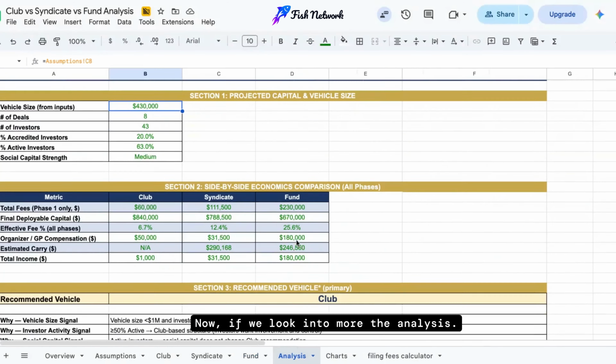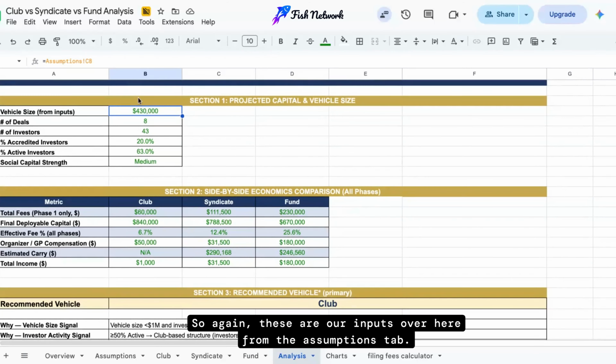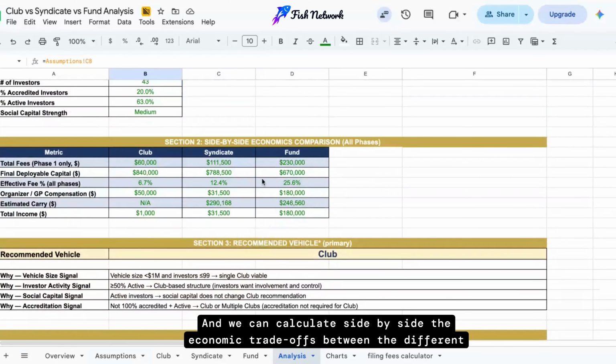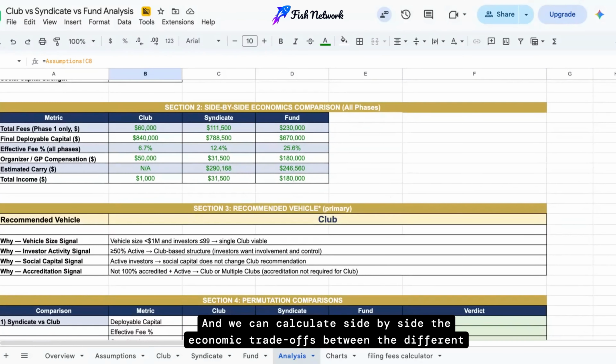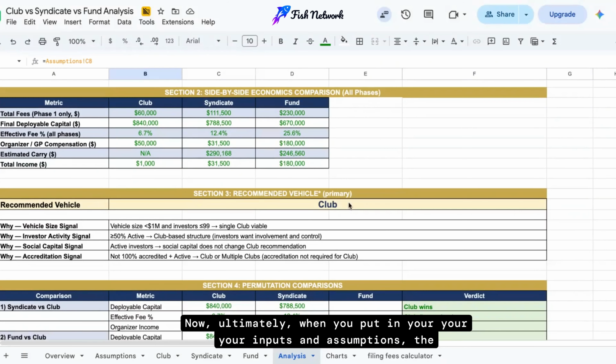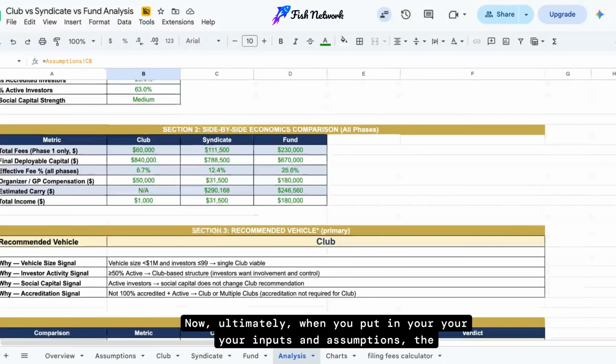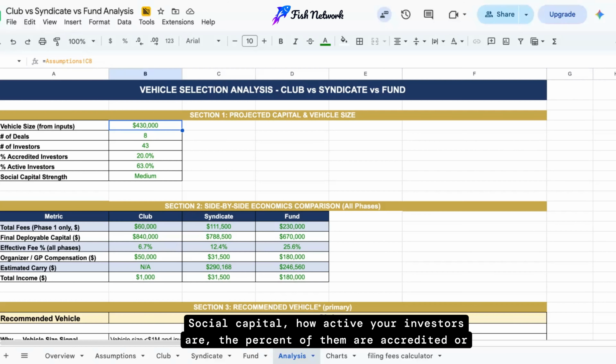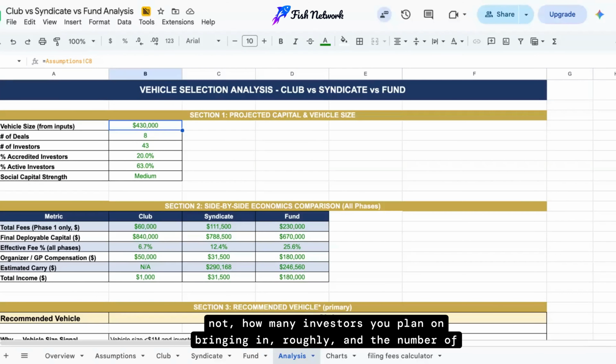Now, if we look into more the analysis, so again, these are our inputs over here from the assumptions tab, and we can calculate side by side the economic trade-offs between the different vehicles. Ultimately, when you put in your inputs and assumptions, the spreadsheet will spit out a recommended vehicle based on your social capital, how active your investors are, the percent of them that are accredited or not, how many investors you plan on bringing in, roughly, and the number of deals you want to do.